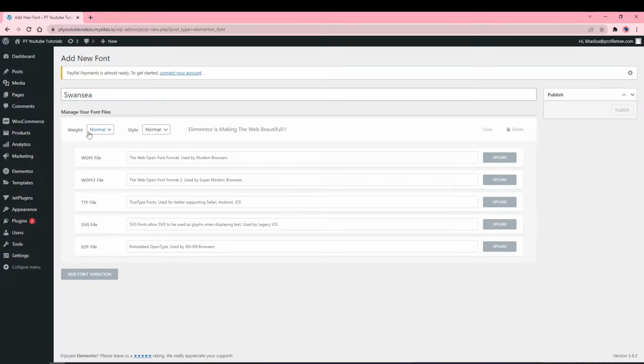Next thing, then you want to add your different font variations. So this is if you have different font files for the different font weights and also for the different styles. So you might have several different font weights and styles, so you can upload a font file for each of them. Then you have the option to upload different versions of the file. So you have the WOFF, WOFF2, TTF, SVG, and EOT. And it's important to upload at least one in